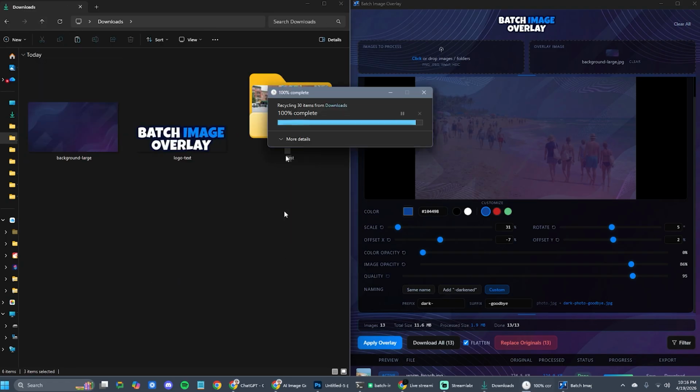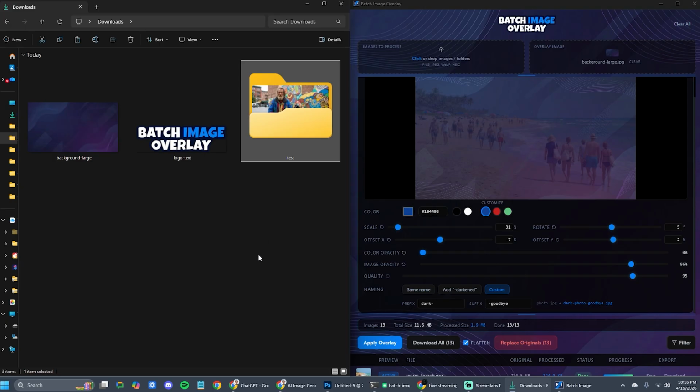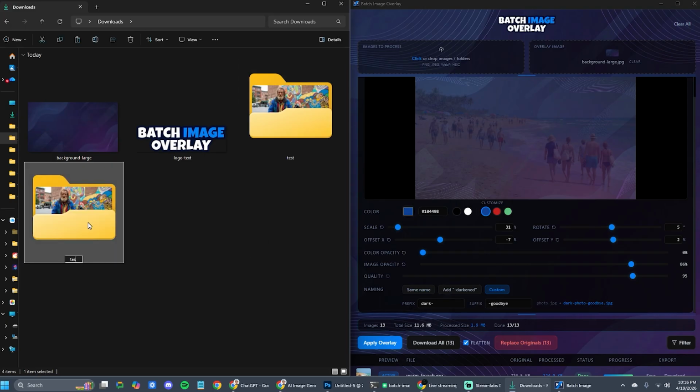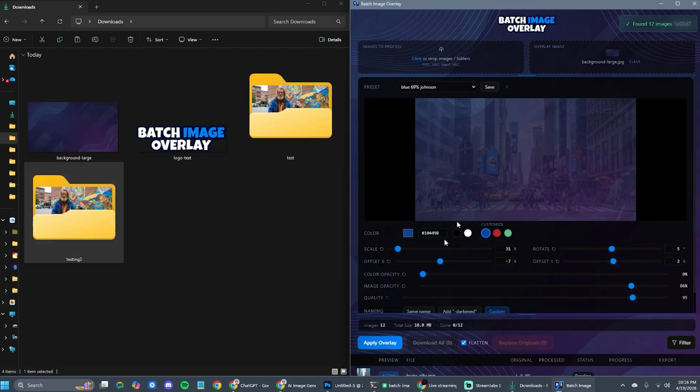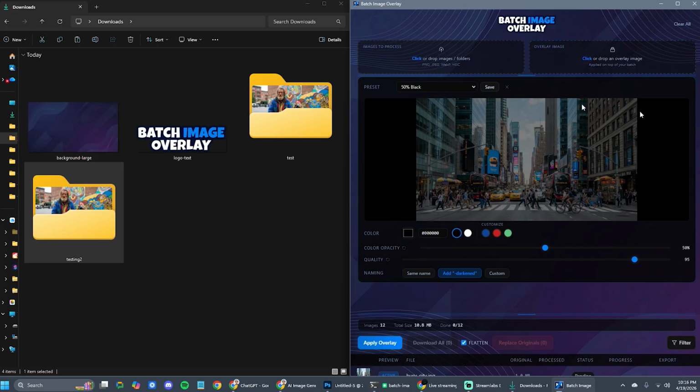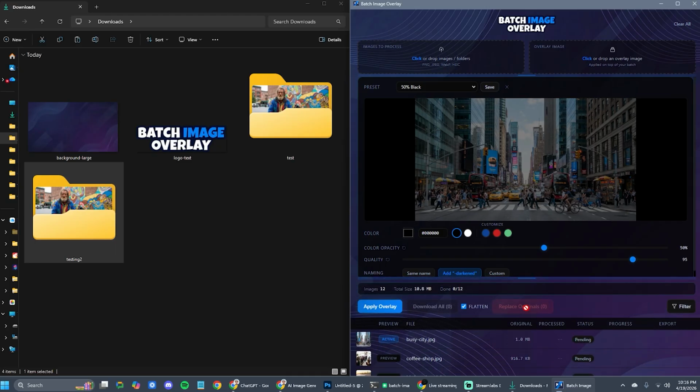Another thing we can do is duplicate this folder here, and we're going to call this testing 2. Then let's clear all of this out, and drop this in here. Let's set the 50% black overlay preset. Oh, we've got to clear out this image as well. All right, so this is my 50% black preset. So now I can apply the overlay to all the images, and then I've got this button,